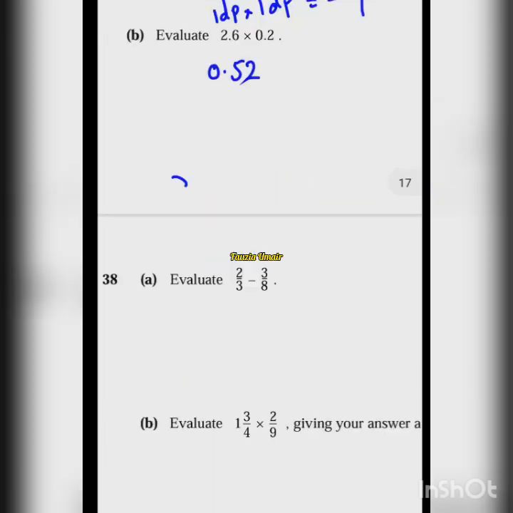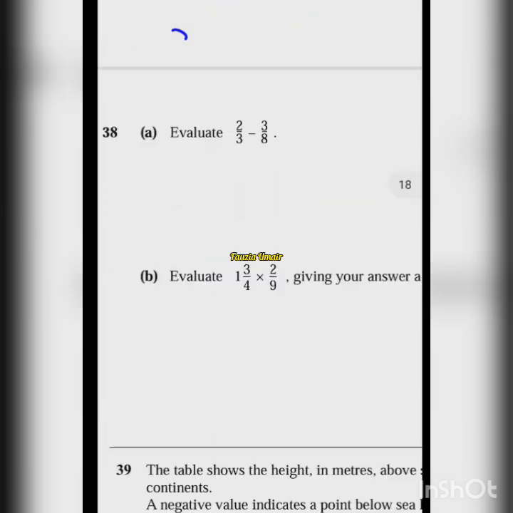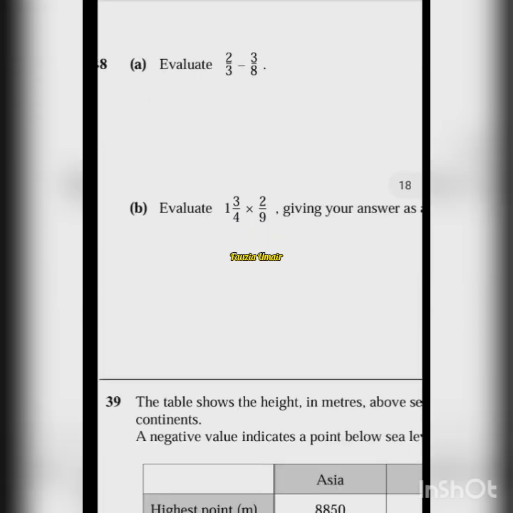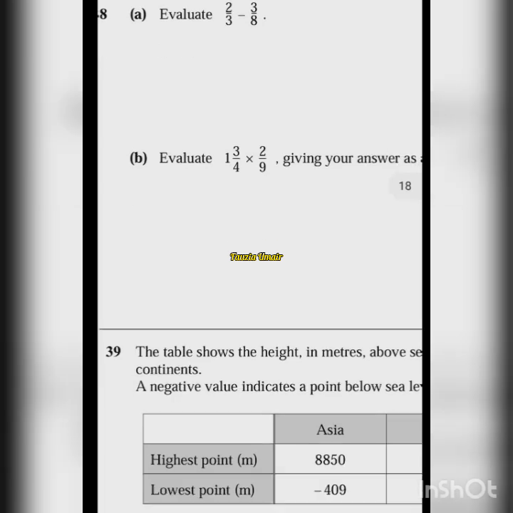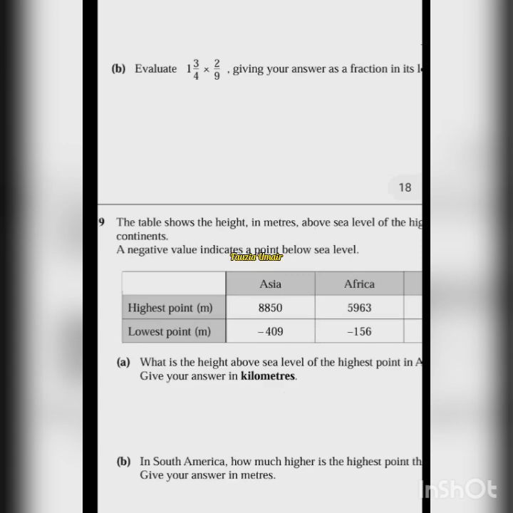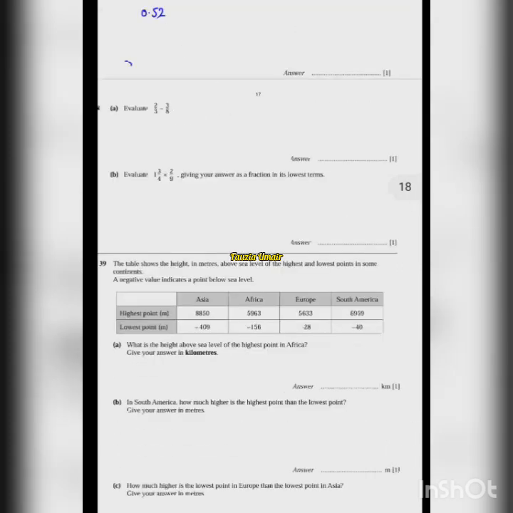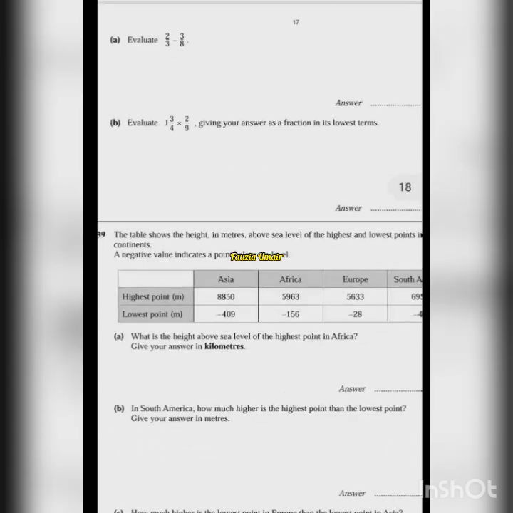So next is again a question of fractions. You can solve it on your own. Just make the denominator the same. 24 is the denominator, and then solve. Evaluate. So follow the rule of fractions. So the 39th question. Again a question